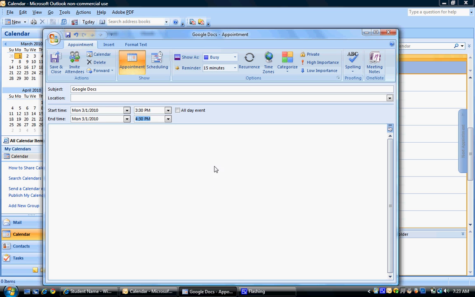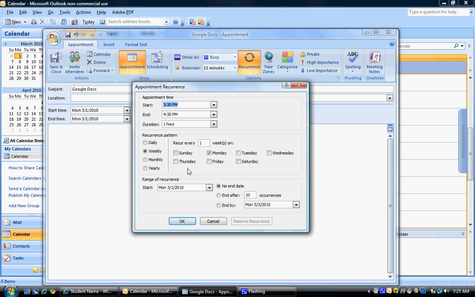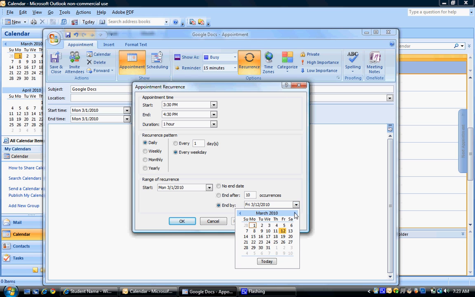Now, to make this pop up every day, I want to go to the recurrence option. If you're using the web-based, again, it'll be somewhere in this area. But if you'll notice the arrows that are in a type of cycle, click that option, and you want to click on the recurrence pattern daily. And then once you click daily, you want to click every weekday, and this will start the actual day that you're using it. And you want to end by June 1st because that's the last actual day of school. So we'll end this by June 1st,